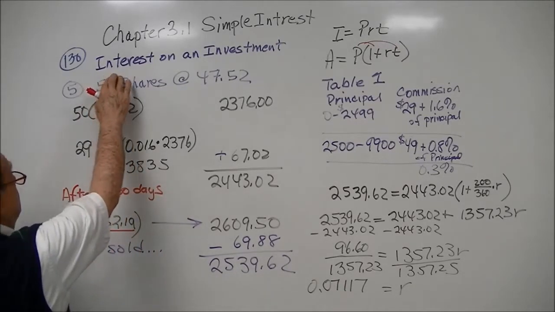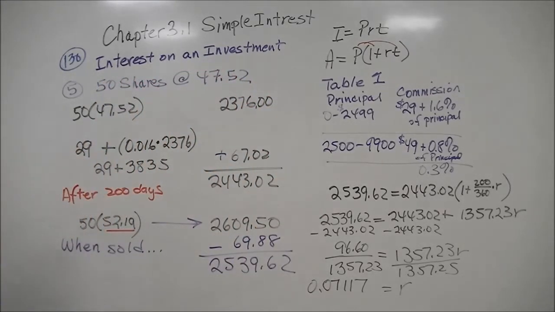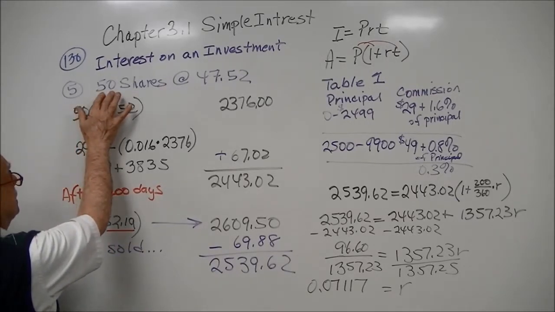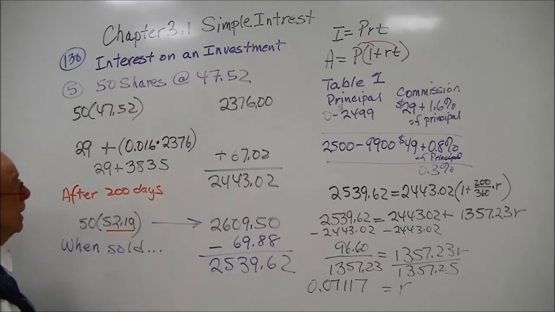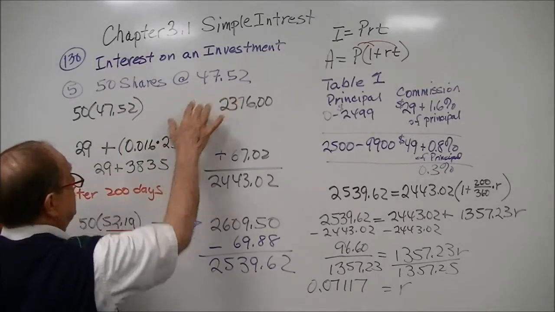Well, this one has to do with interest on an investment. Now, you have some money, and you're going to buy some shares, let's say IBM or AT&T or Apple, or any of the companies, or even a mutual fund maybe, and each share costs